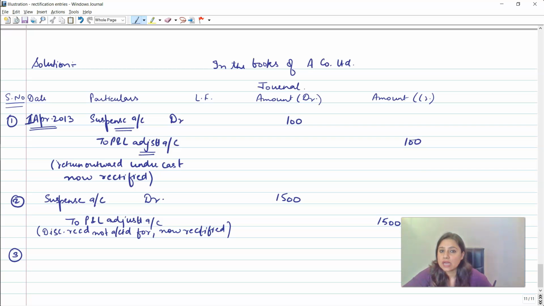Now since the purchase account was wrongly debited, in order to bring the credit impact and reduce the purchase account by the amount of the furniture purchased, we would be passing the entry in the P&L adjustment account and directly debiting and adding the asset purchase, that is the office furniture purchase, in the furniture account. So the entry would be office furniture account